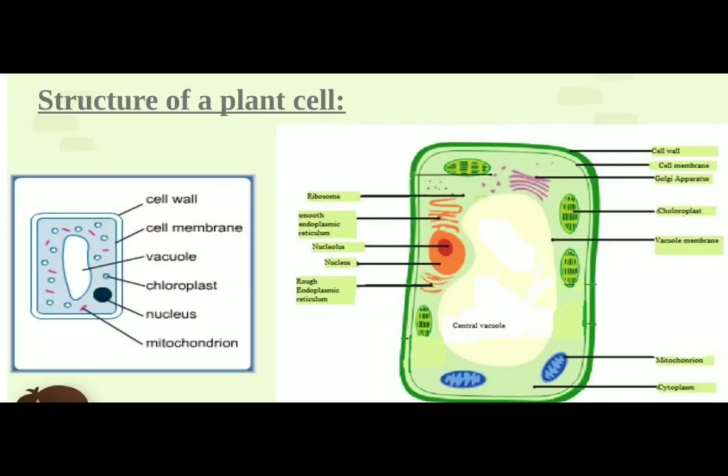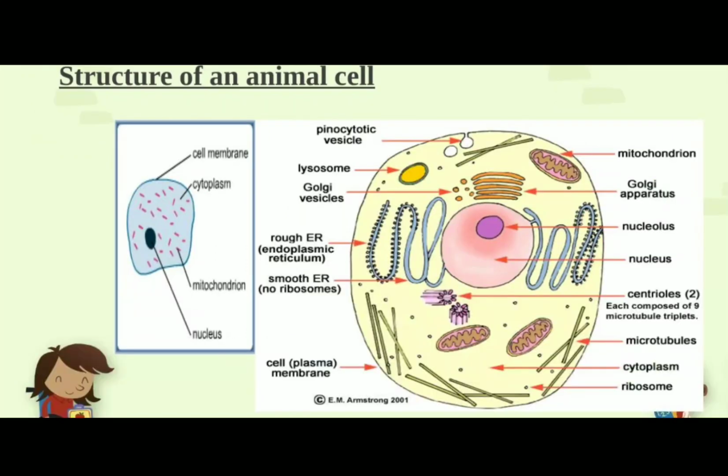We can refer back to the diagram of a plant cell and an animal cell also. You can see here in plant cell we have a large vacuole, and hence the nucleus is getting less space and is shifted towards one side. Whereas in case of animal cell, the nucleus is usually in the center of the cell.